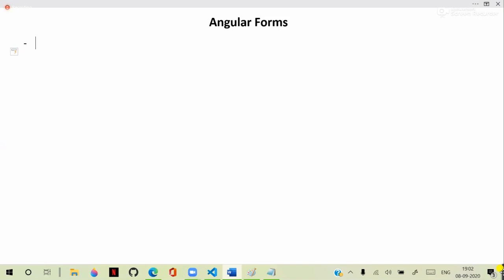Now, some important changes are there in the new versions. Now, some more information you need to know about Angular forms, how to deal with them. Technically, we know that usually a form is a container. A form is a container that comprises a set of